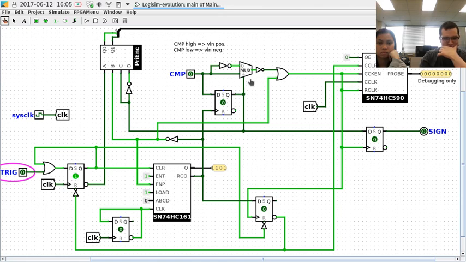That being low will cause this multiplexer here to switch to invert mode. So basically, this multiplexer just selects between inverting the comparator or not inverting it. And if I run this clock a little bit, you'll see that there. So this clocked